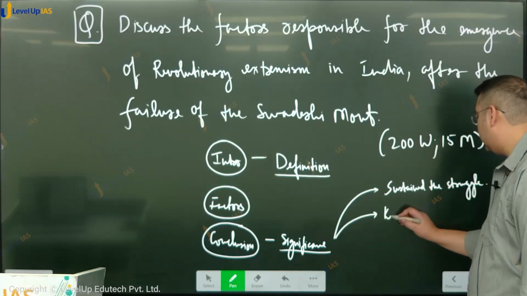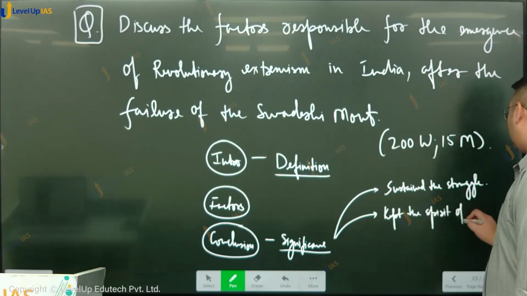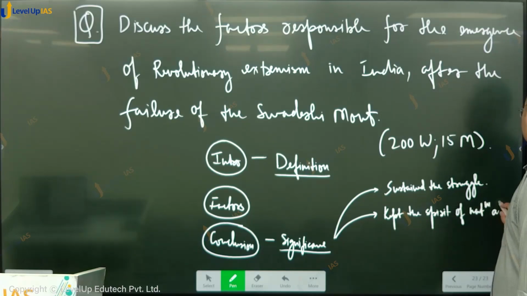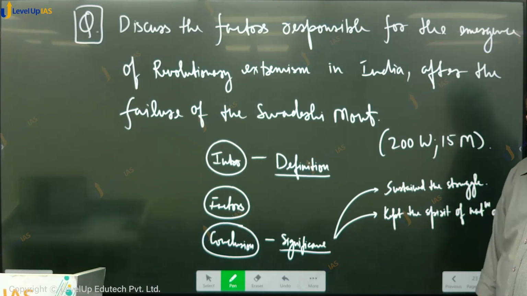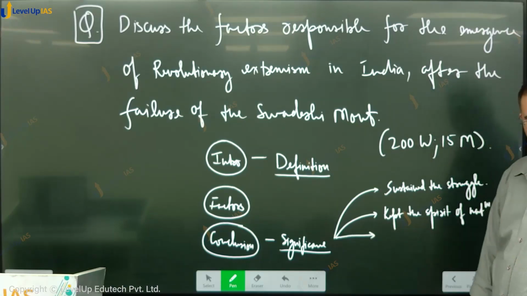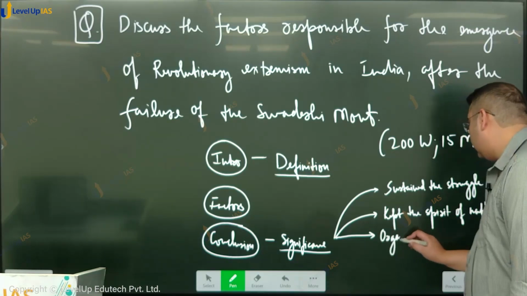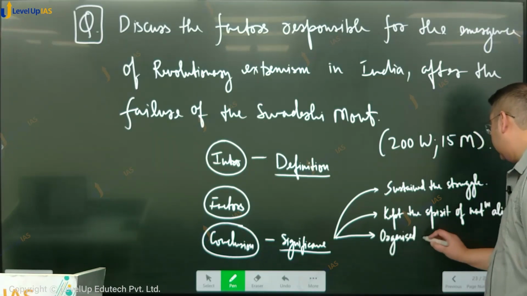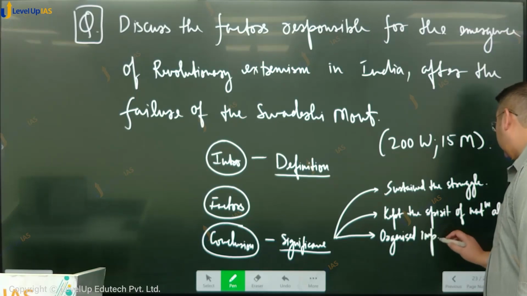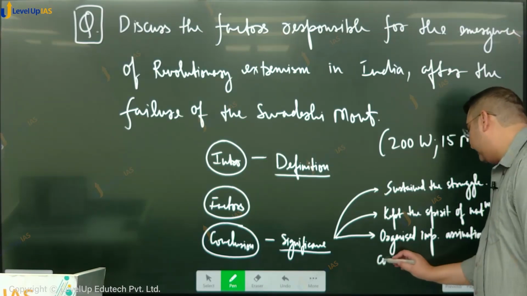They kept the spirit of nationalism alive and inspired ordinary Indians through example, that they organized important assassinations and conspiracies